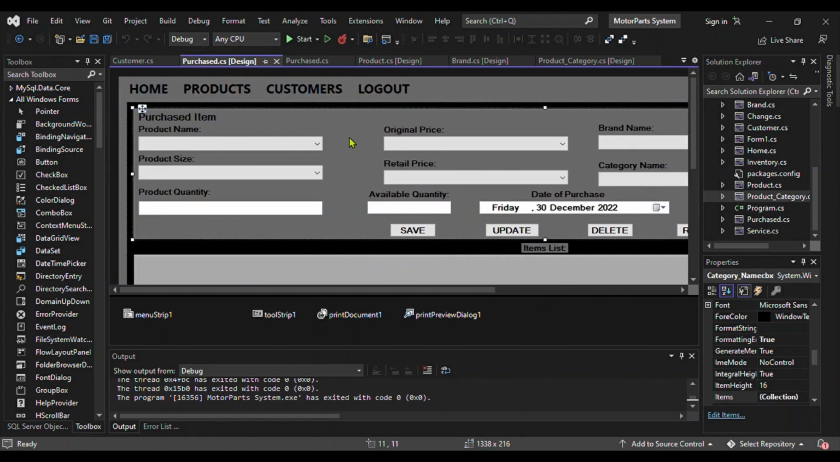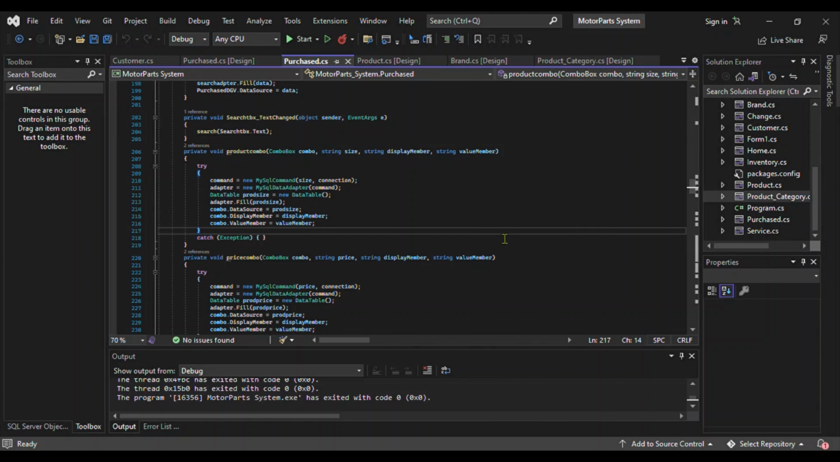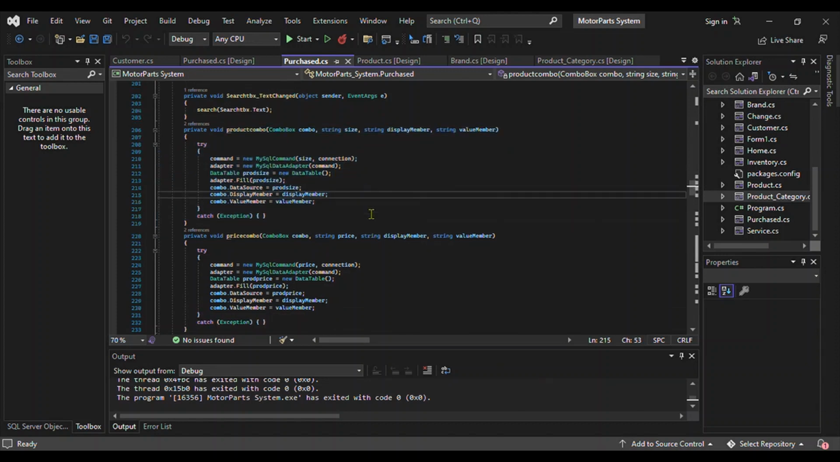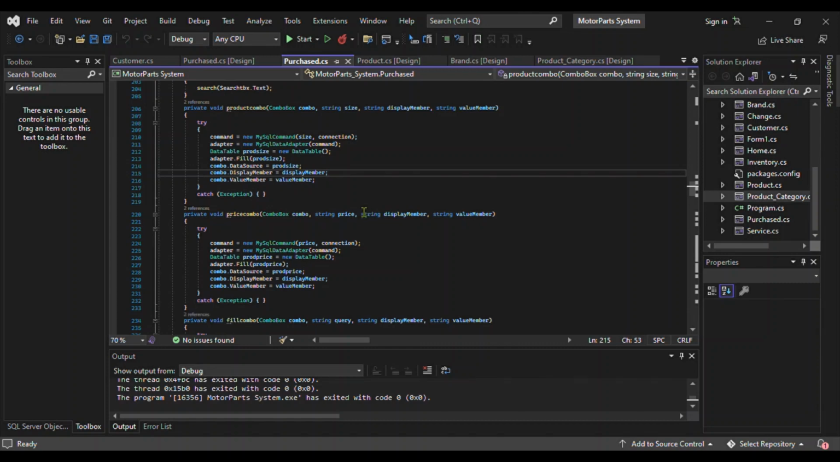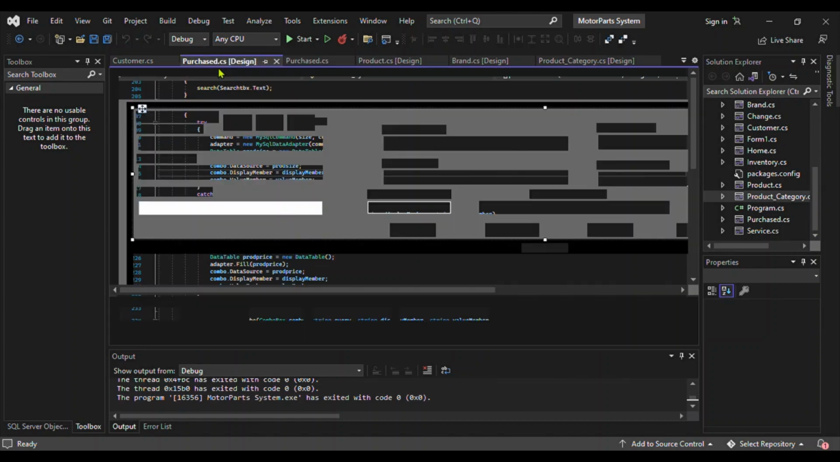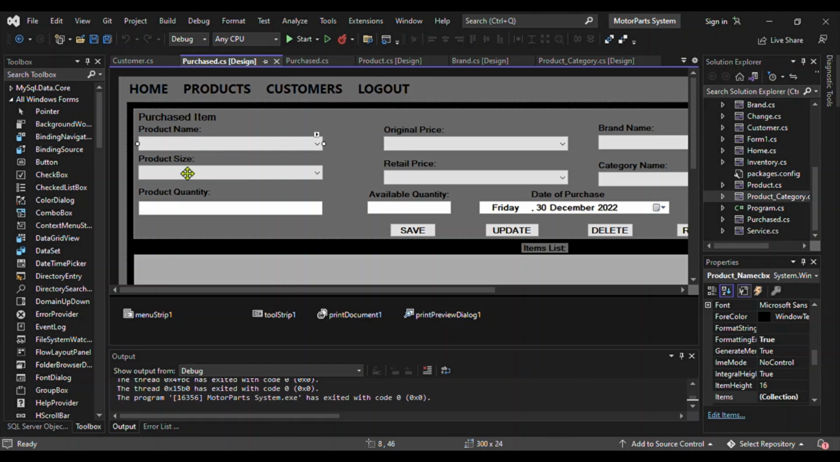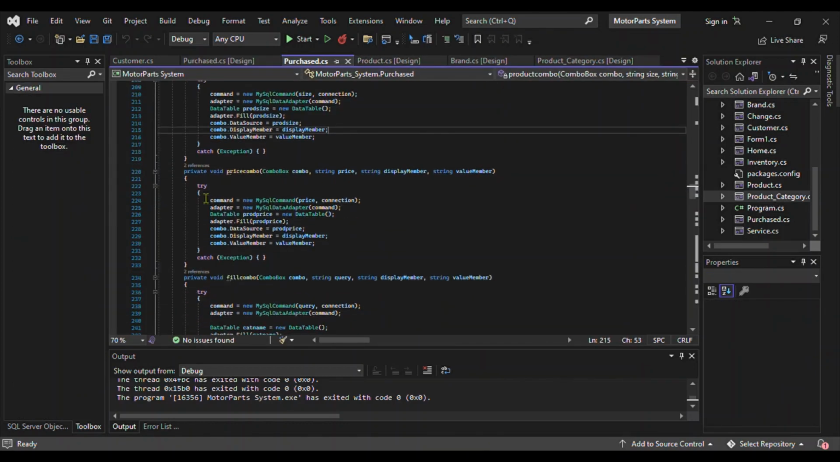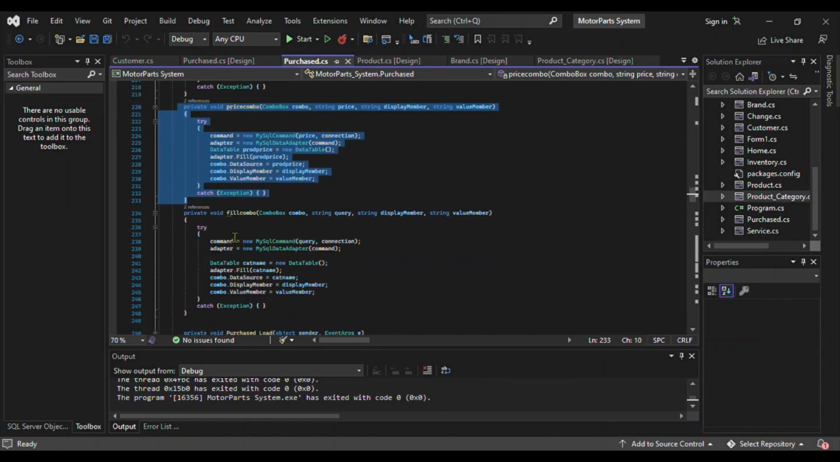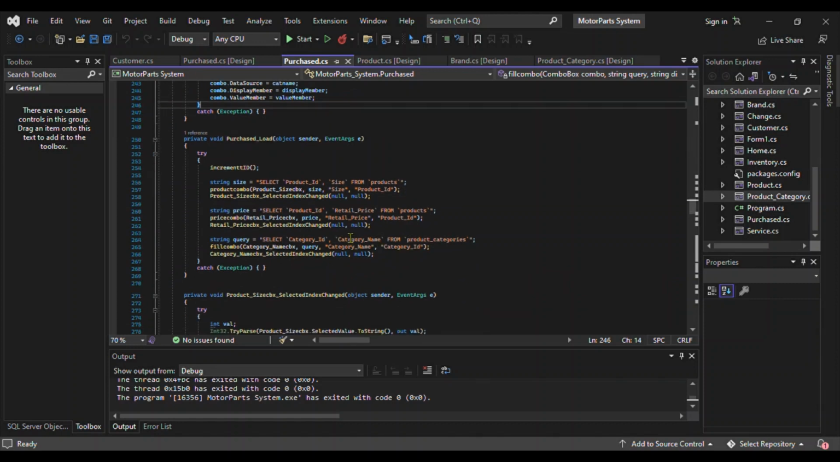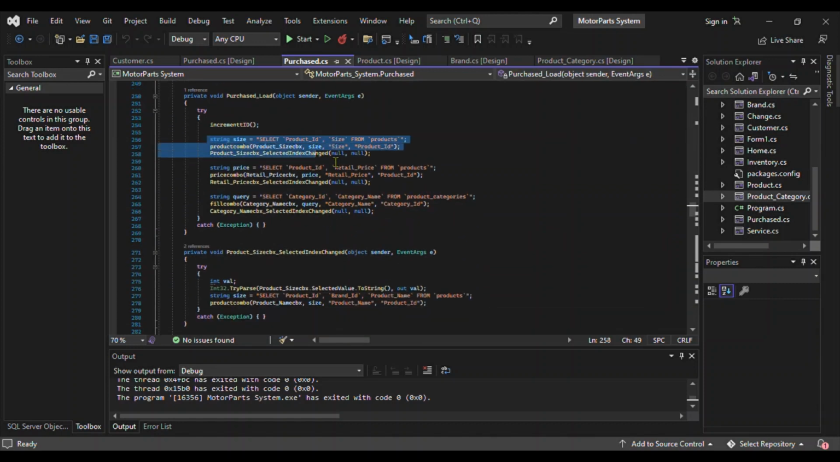I'm going to fill in the missing parts. So this is the query for the product of our form right here. This one is the query for that one, and then the other thing, this is the price query, and then the category query. So right here in our form load, as you can see, this is the query for